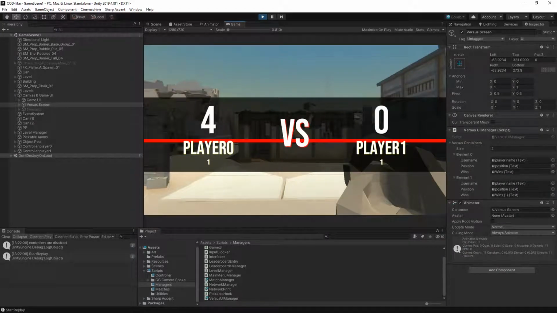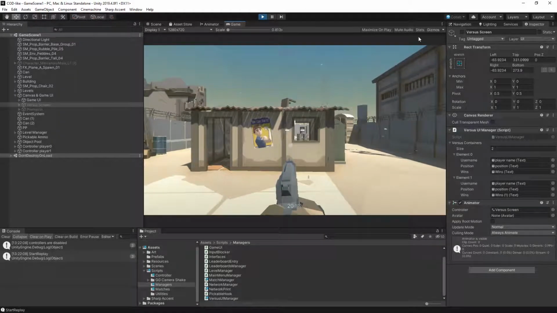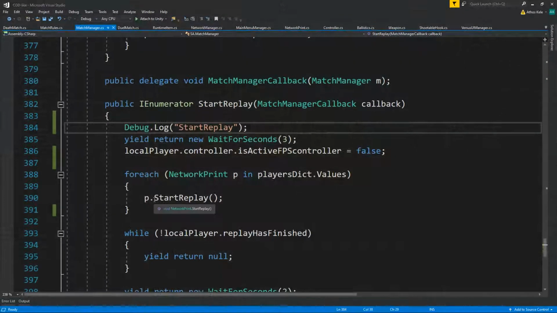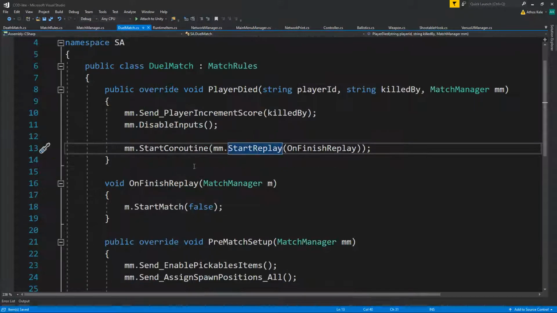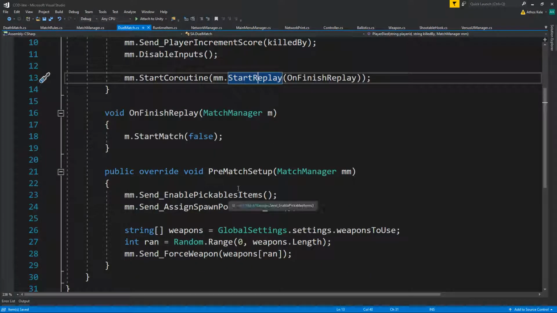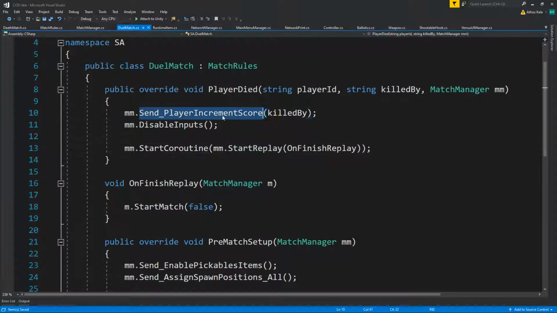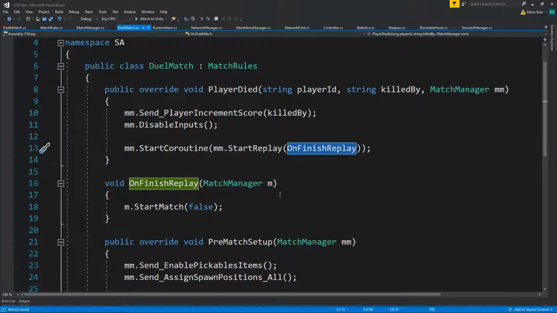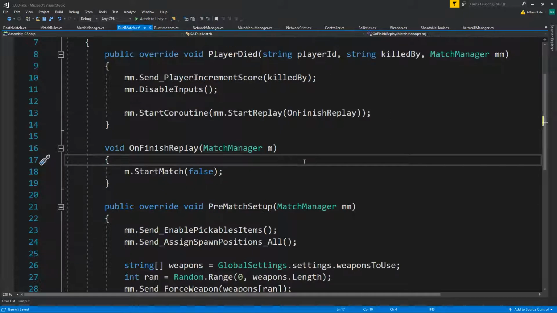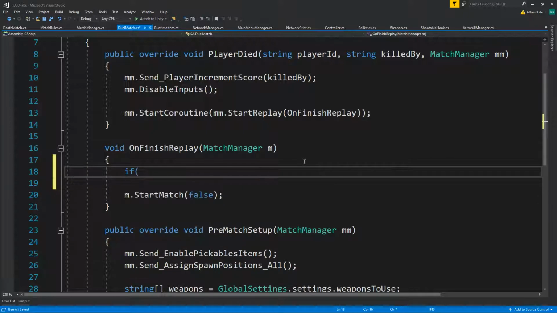So let's say on 3 kills, we finish the match. We of course are going to go on to the duel match, and then on player increment score, we then of course disable inputs, we start replay, and then on finish replay. On finish replay then, if